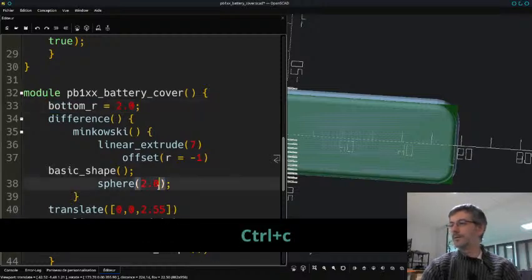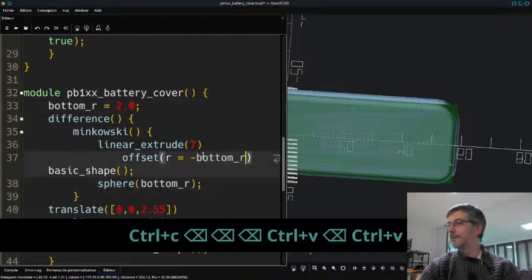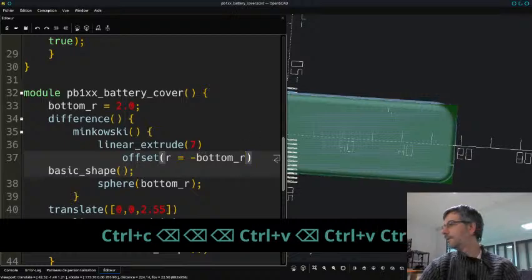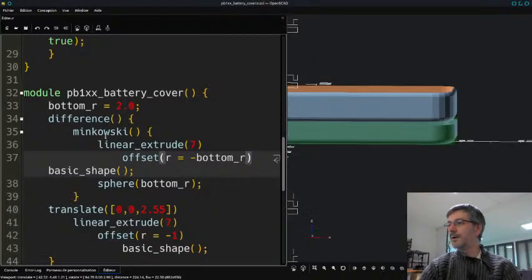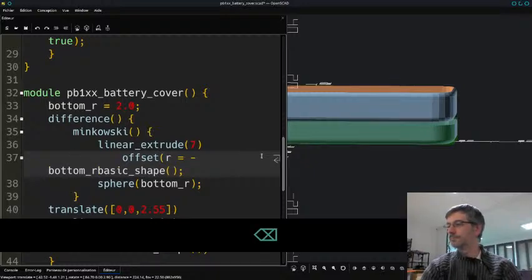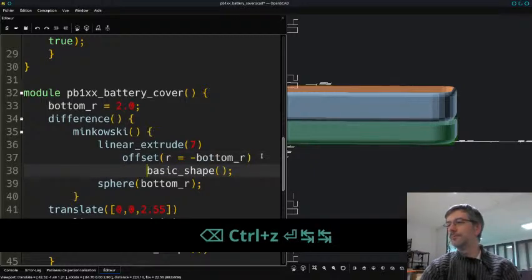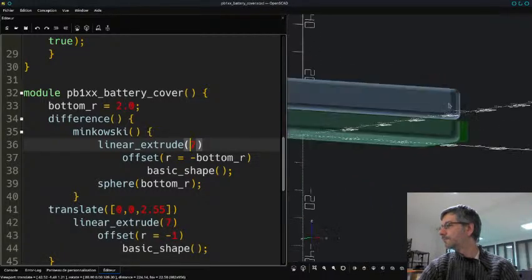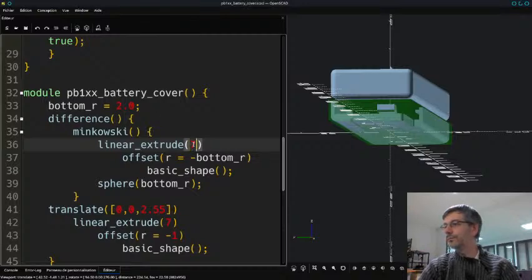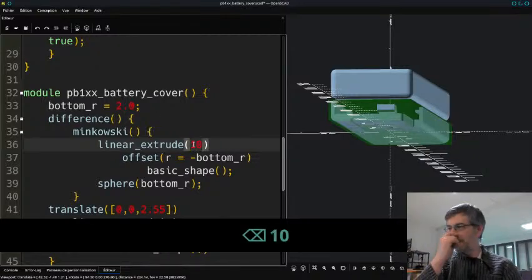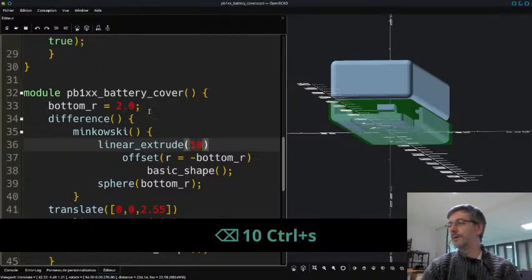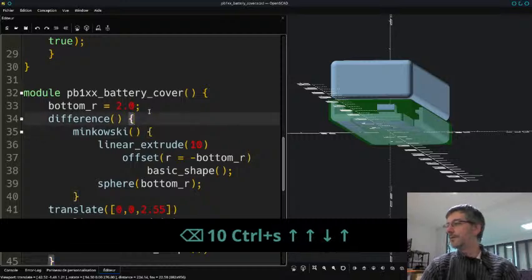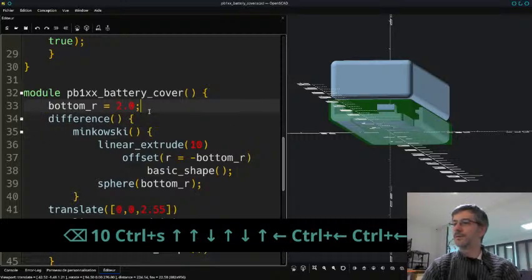I'll use this, so there. Yeah, that's better. Okay, so I want to extrude like, we can do 10, it's okay,